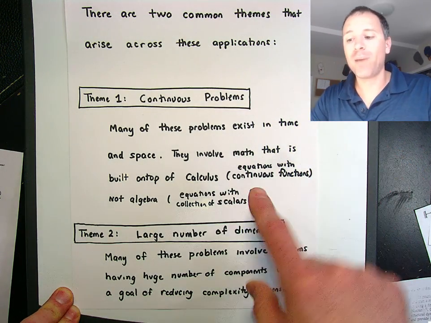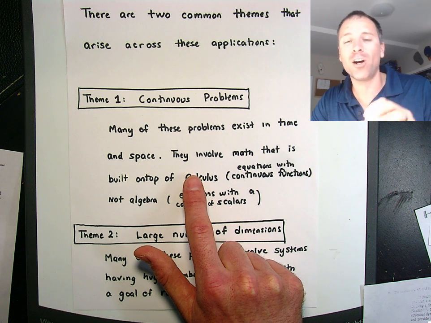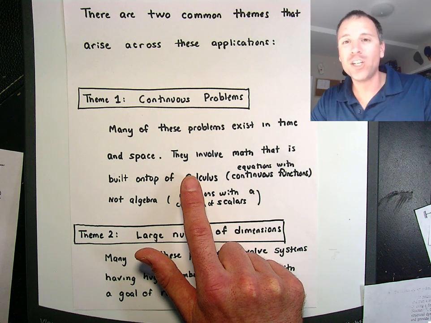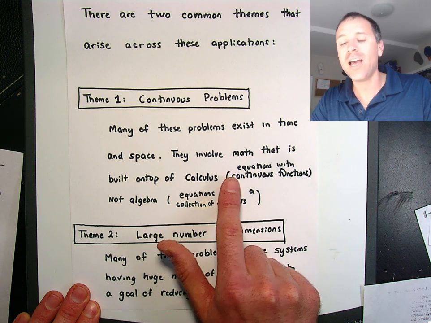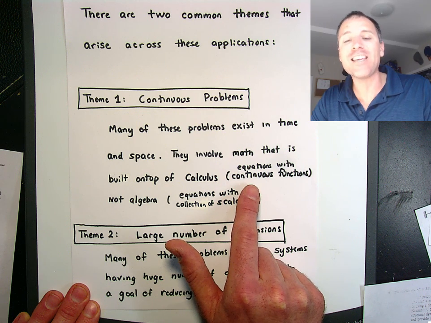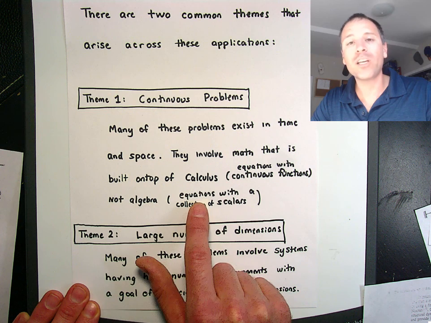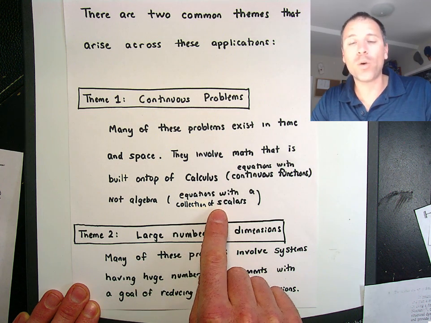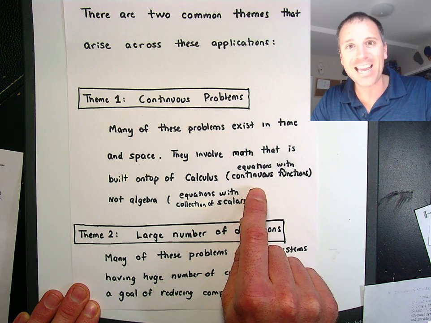The way that I would say that as a mathematician is those problems, the analysis of brake systems, the analysis of train motion or rockets or planes or bridges or buildings, those involve math that are built on calculus. In other words, the equations that govern that have continuous functions in the equation. That is beyond the scope of algebra. That's not working with equations that involve scalar valued variables or algebraic equations. That's working with differential equations, equations that involve functions and derivatives.